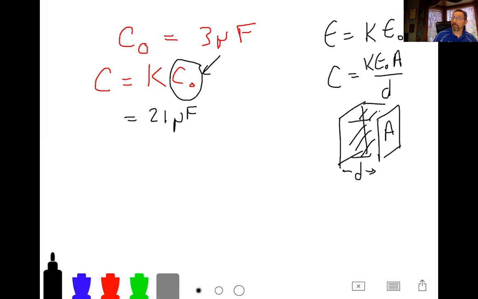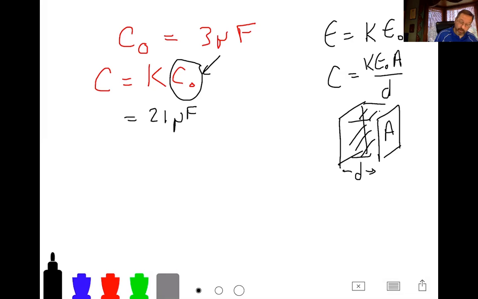And I think if you remember right, I had those 2 plates, and I put a textbook in between them, I put a piece of glass in between them. What else did I put in? I think I had a piece of some kind of plastic or something I shoved in there, and it actually does change the value of the capacitor that we read on the meter. Okay, so that's what we do here.